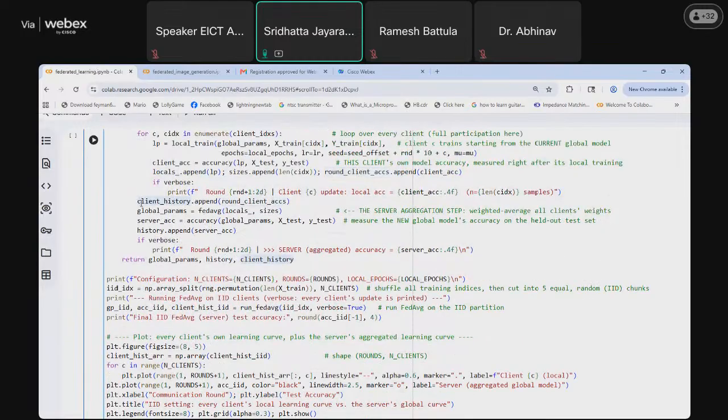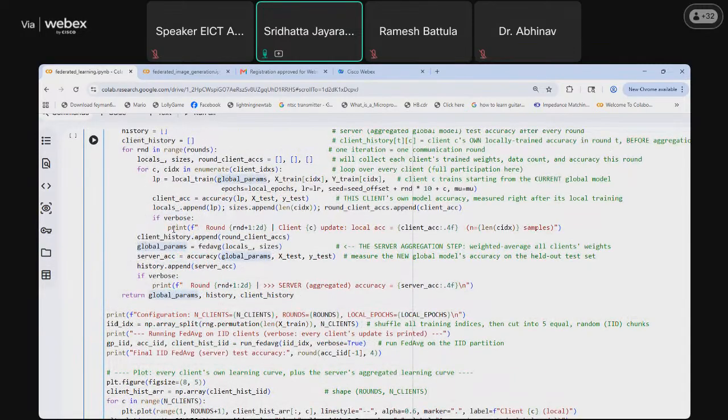Then the client history will update all the round client accuracies, and the global parameters are then computed after the training is done for all the clients. The average of weights will be done, and that will become the weight for the central server.